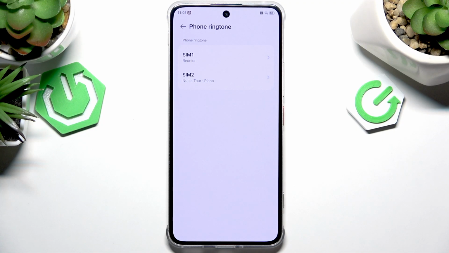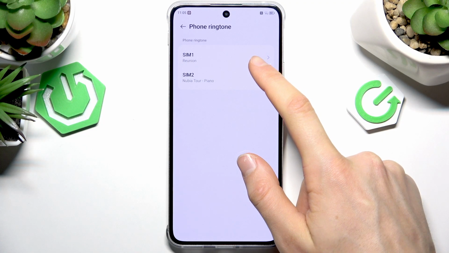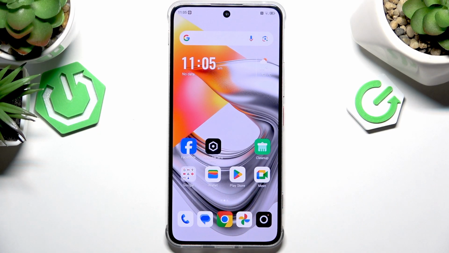So it will work like this. So SIM1 reunion, and that means that I have set a custom ringtone on